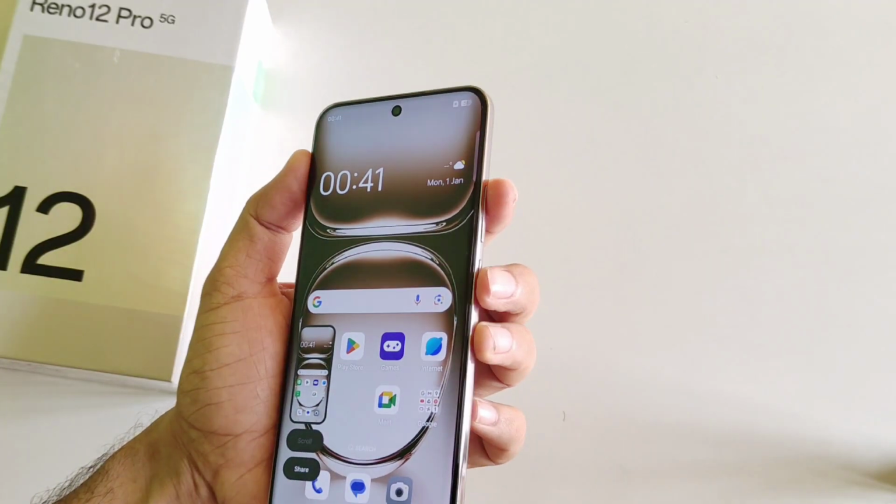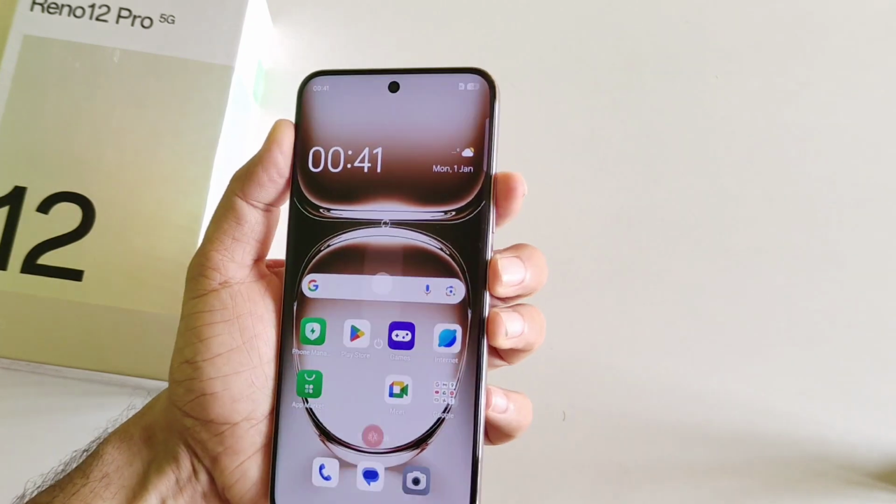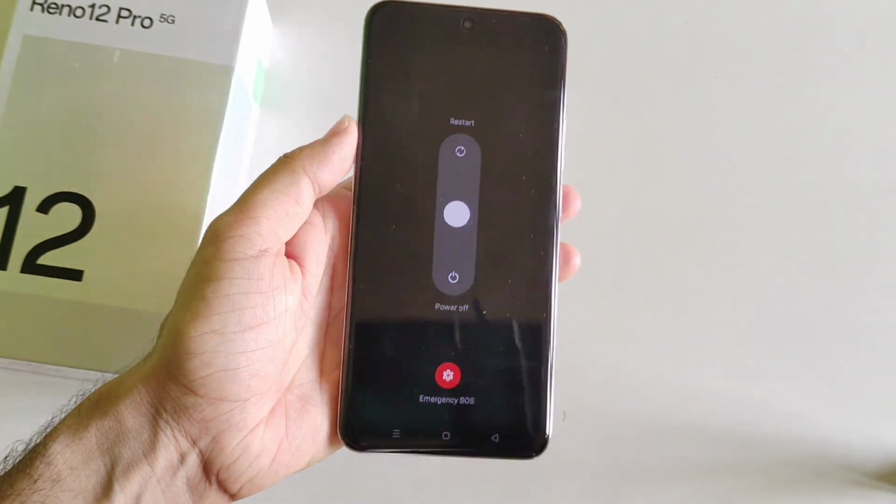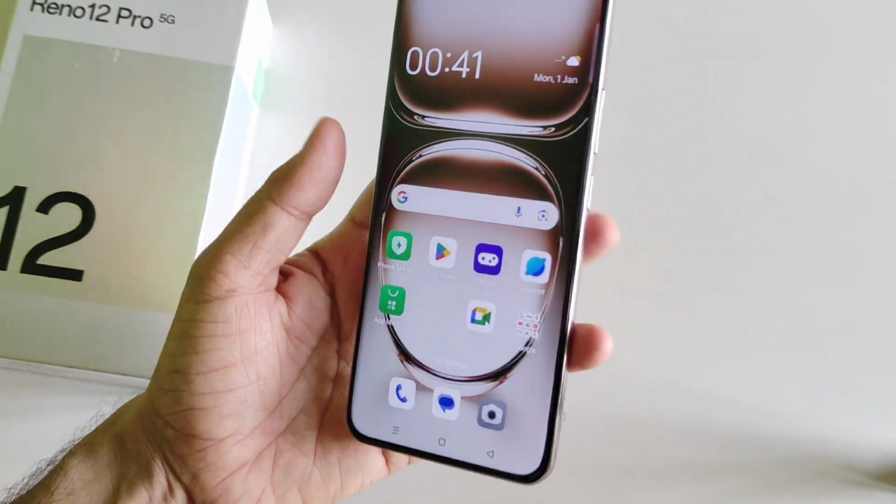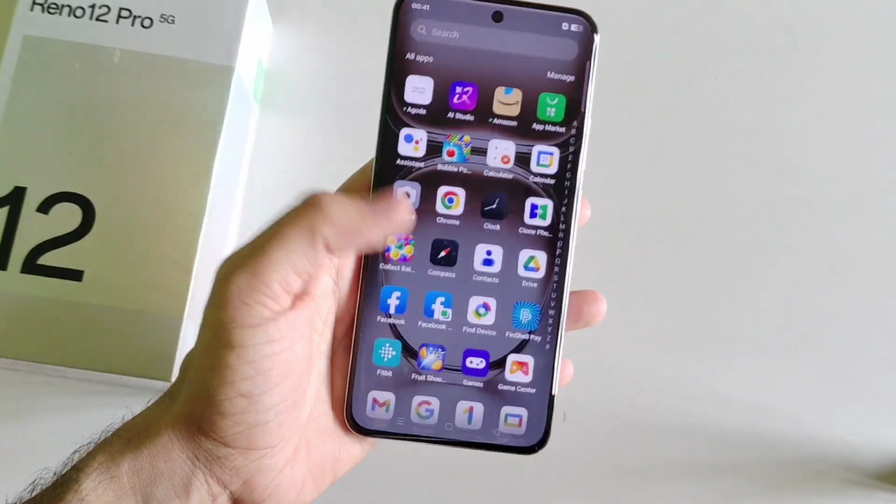The first way is to press your power button and volume up button at the same time and it will open the power menu. But if you want to change this long pressing power button to power menu, simply open